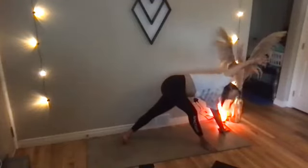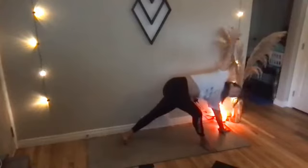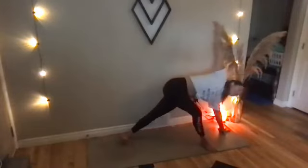Or you can always move the foot that's planted more into the middle of your mat. So just move with your breath a couple more times. Especially because we're focusing on shoulders, reach through the fingertips. You're getting that big opening through the entire length of the arm. Nice. Okay. The next time that you go to lower, you're actually going to lower all the way over onto